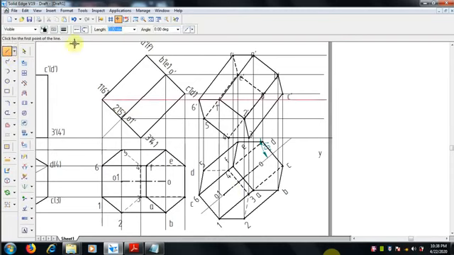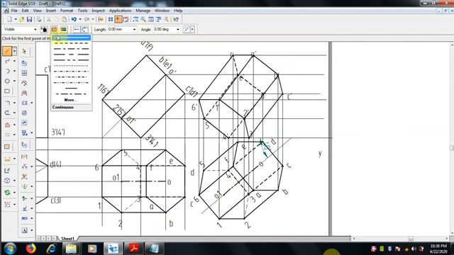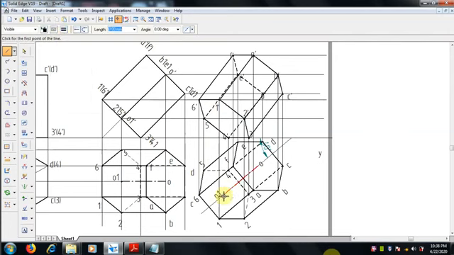Okay, that's it. So now we can draw the axis from here. Draw the projector lines for the axis. From this to here we will draw. Extend this and trim it.